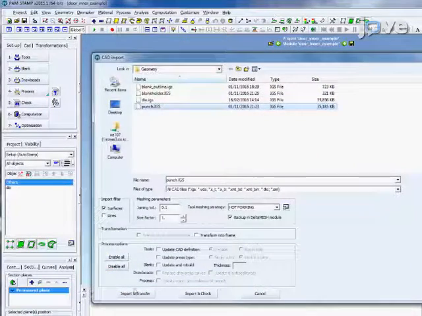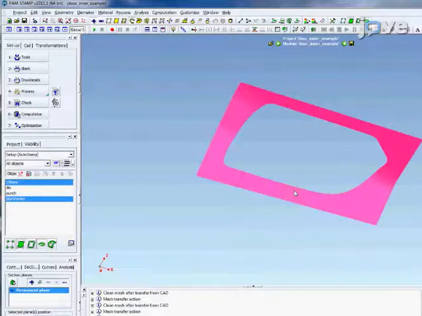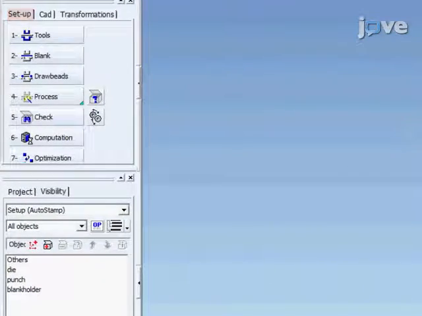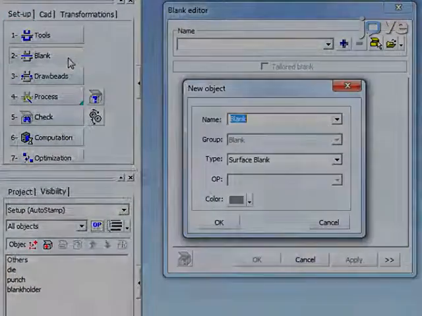Now, repeat the process to import the punch and blank holder. Next, under the Setup tab, click on Blank. Then, in the Blank Editor,